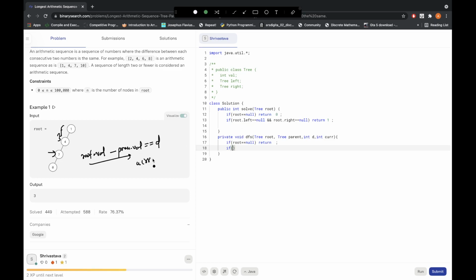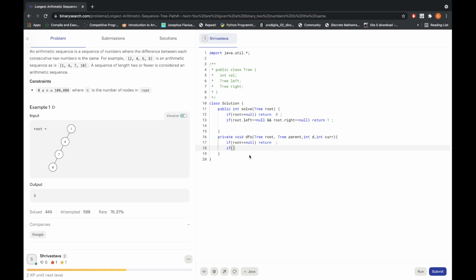So the condition is: if root dot val minus parent dot val is equal to the current running difference, then we increase our current length, current plus equals 1.